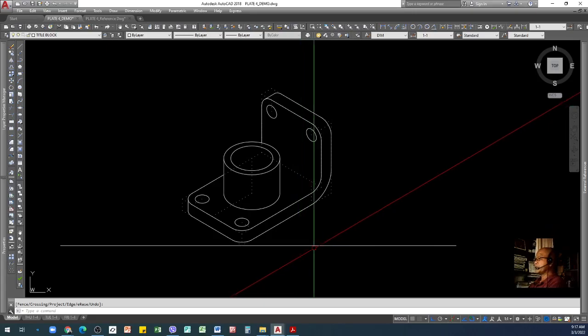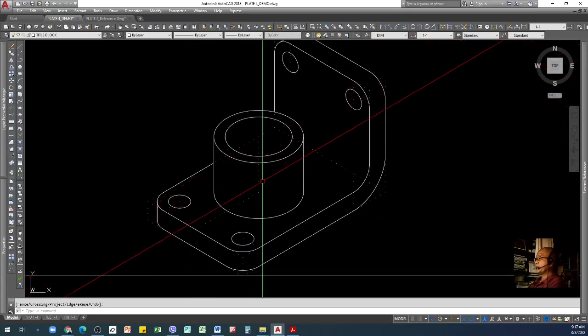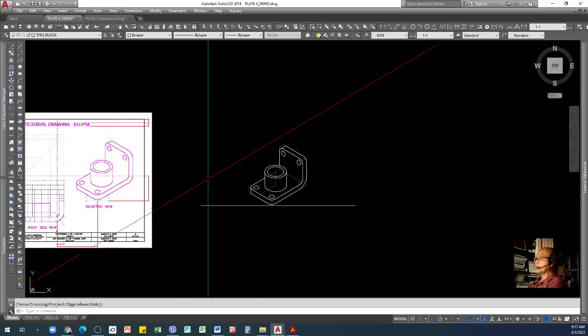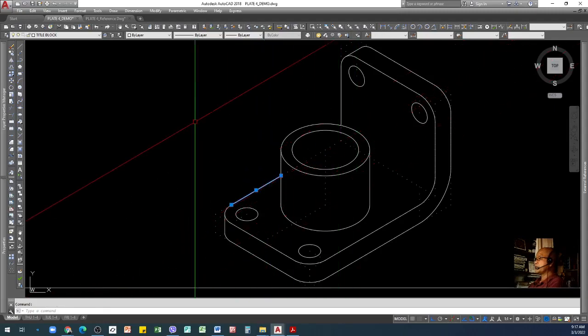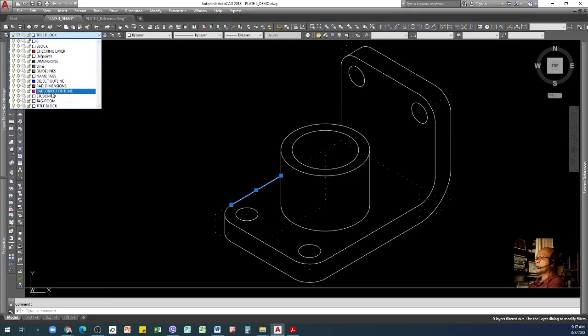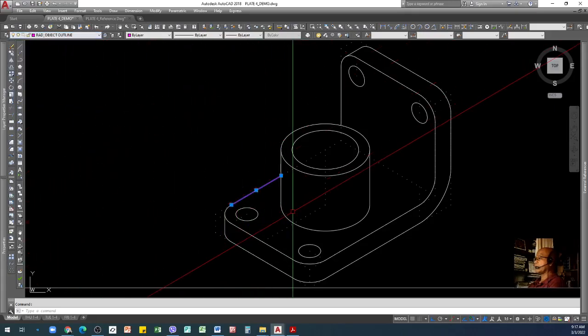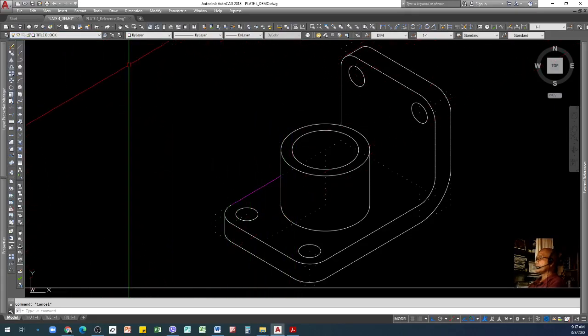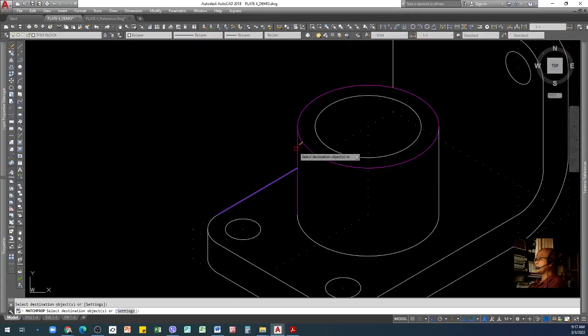So this is your plate number 4, and in order for you to follow my instruction, put this in your layer. So all you need to do is click the object and then go to your object line or outline, and then match properties to make it faster.